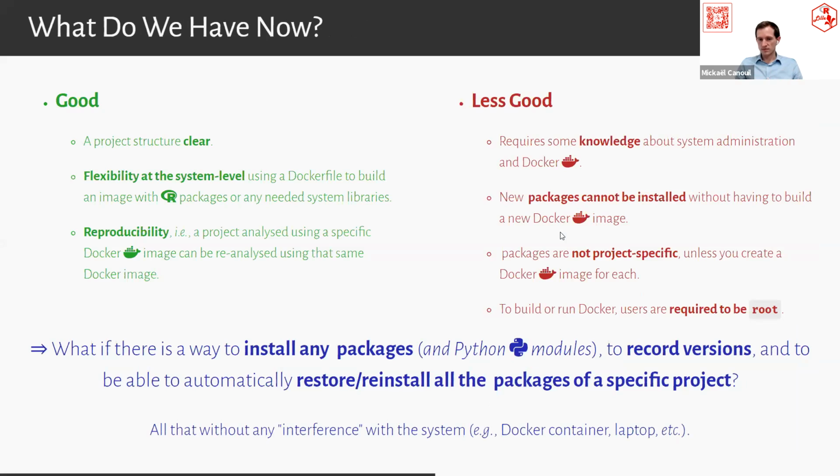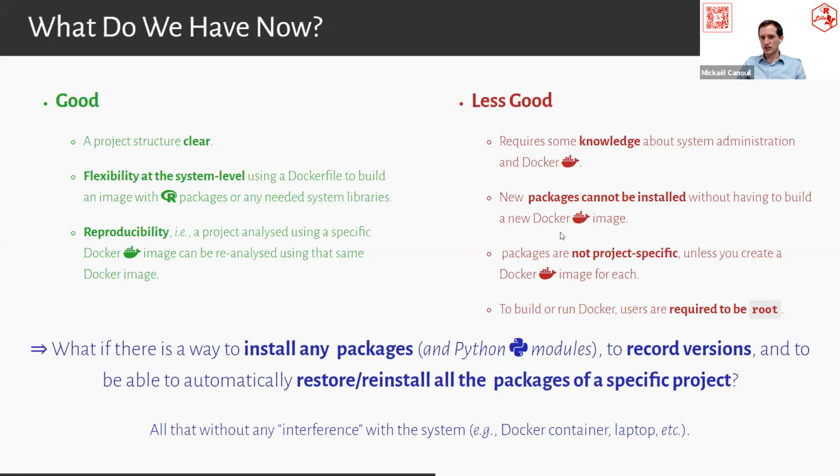The Docker file is completely reproducible, or nearly, because it still relies on some repository for the libraries. But mostly it's reproducible because once you have built a Docker image, that image is completely frozen. So meaning in 5 years, that same image will be exactly the same. And you can deploy a new container with that, and it will be exactly the same system as you built before. So in that way, we are reproducible.